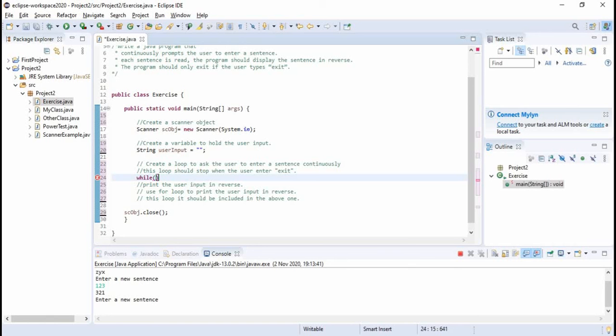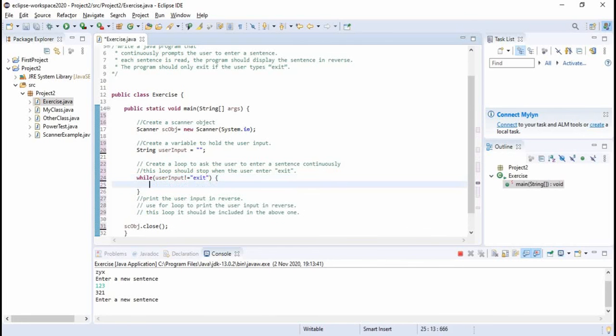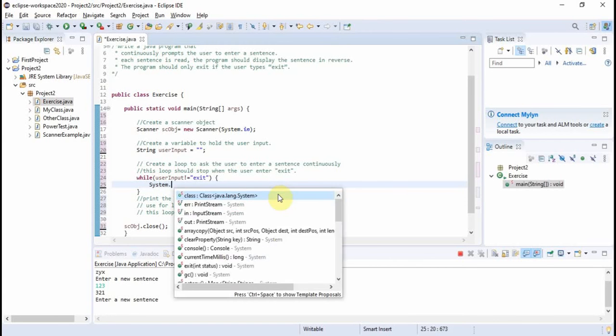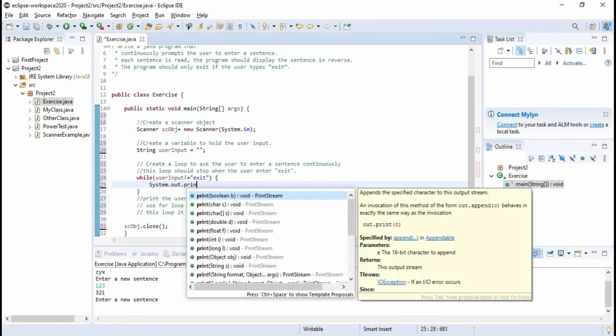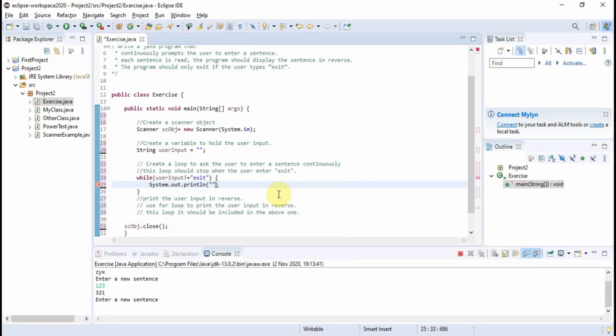While user input not equal exit, open curly bracket, and don't forget the close curly bracket here. While user input not equal exit, I'm going to say System.out.println and say please enter a sentence